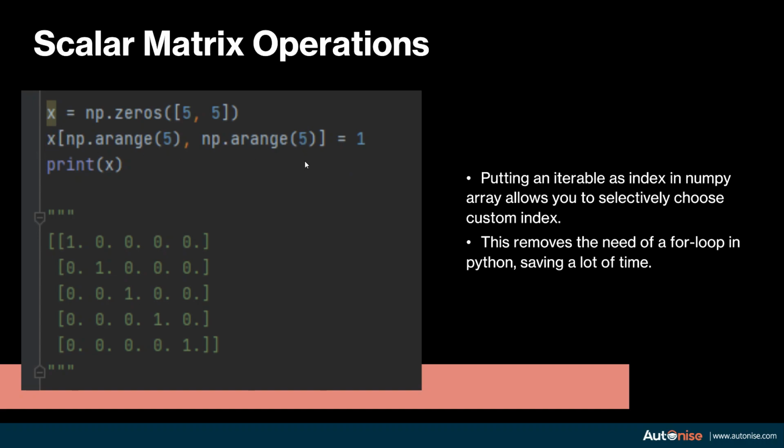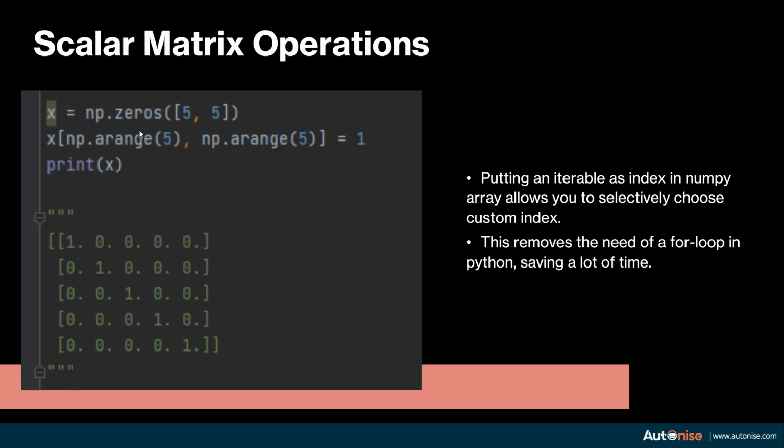When you use this syntax and assign the value 1 to it, Python will automatically first take the 0th value, which is 0, and also take the first value, which is 0, from this array, and then it will assign the value of that position to 1. So first we'll get x of 0, 0 equal to 1. For the next element, we'll get 1 out of here and 1 out of here as well.